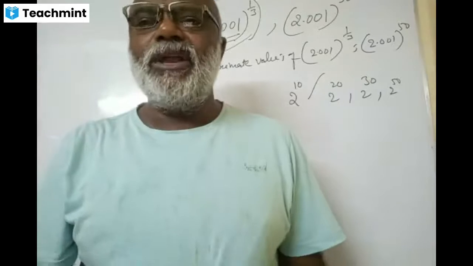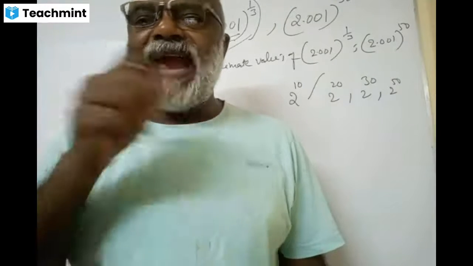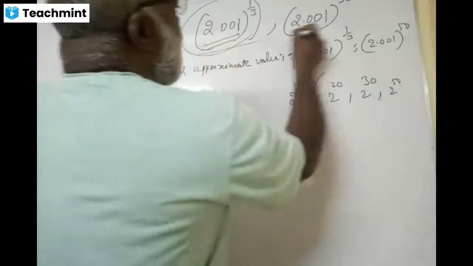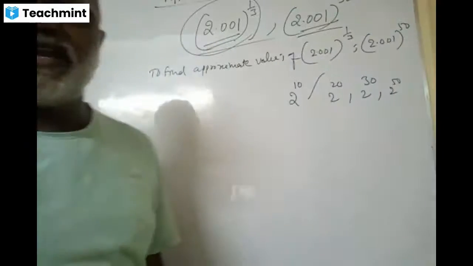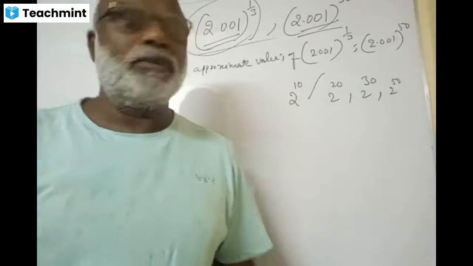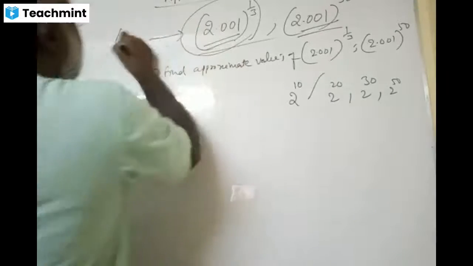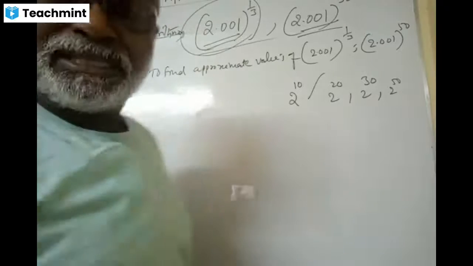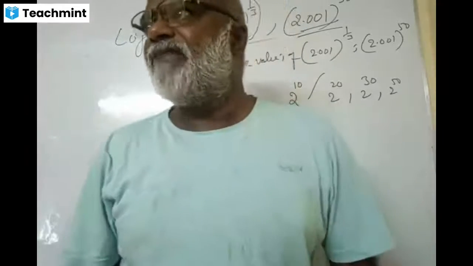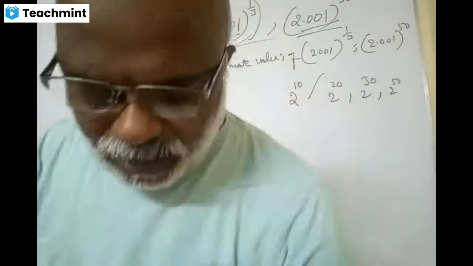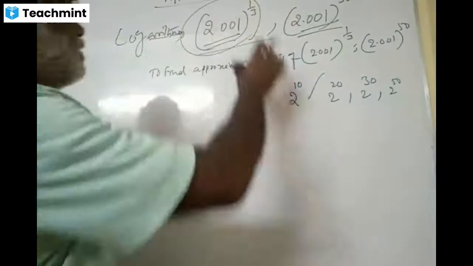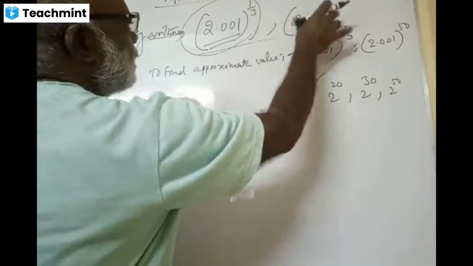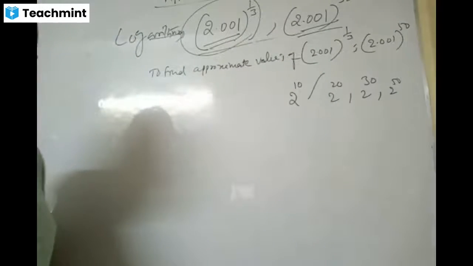Better than logarithm, we can use the derivative to find approximate values of such numbers. How do we use the derivative? What is the significance of the derivative? Let us learn. No doubt, logarithms can be used, but the alternate and easier way to find the approximate value of these numbers is differentiation. Differentiation is used to find the approximate value of such numbers.